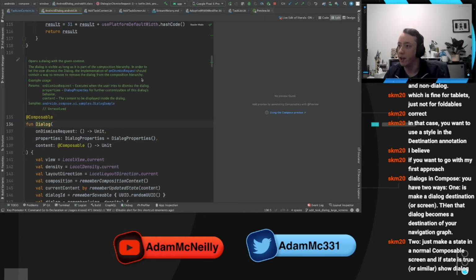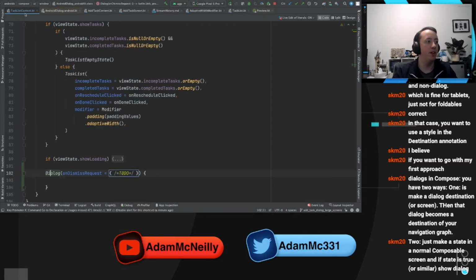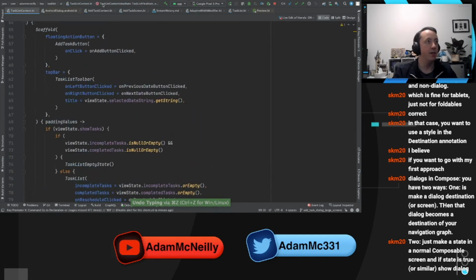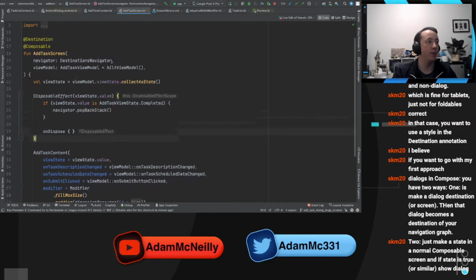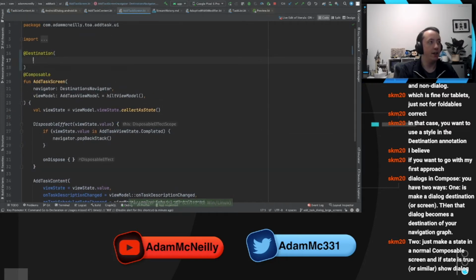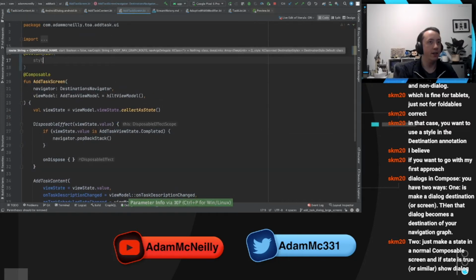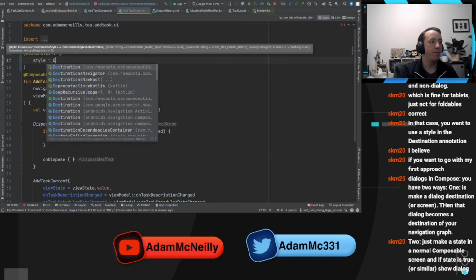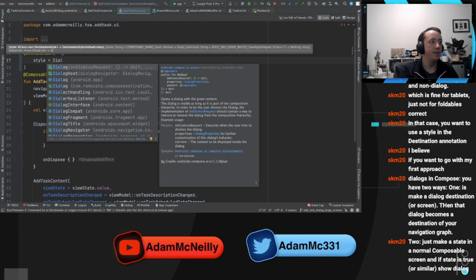One is make a dialog destination or screen, then that dialog becomes a destination of your navigation graph. So if I do that, let's try that. I think that was something you said that I could do with compose destinations. So if I go to our add task screen, this is a destination. So if I give this a style of dialog,